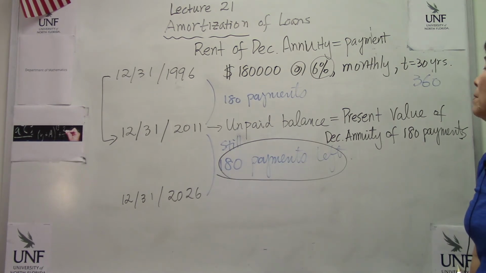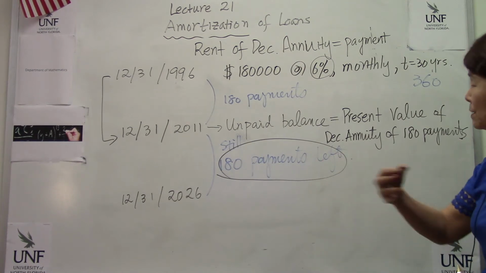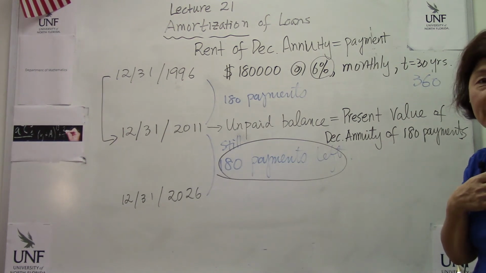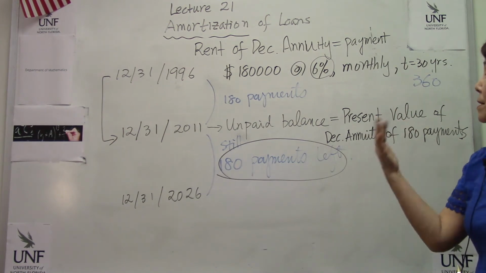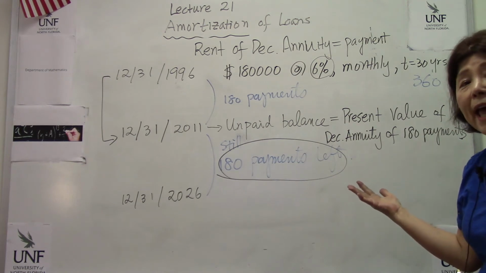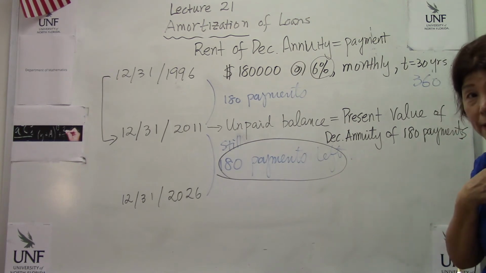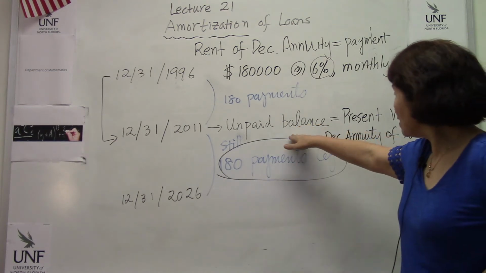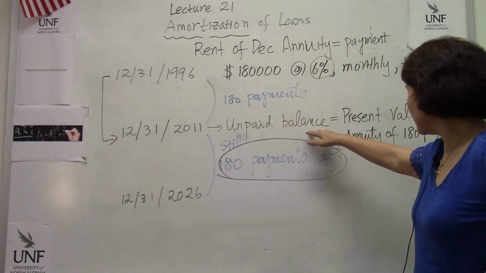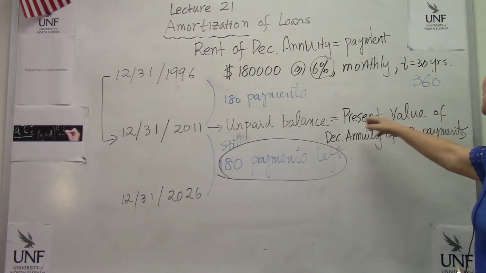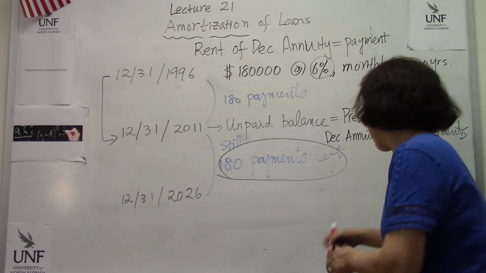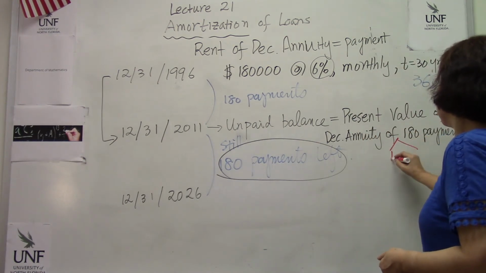Unpaid balance, that means from the bank's point of view, we received 180 payments, but still there are 180 payments we are going to receive. You know what I mean? Therefore, at this point, the unpaid balance is the present value of the next 180 payments. Okay, I'm going to emphasize that. Next